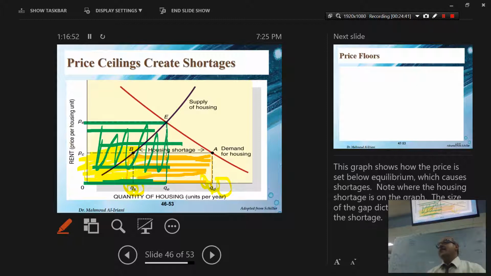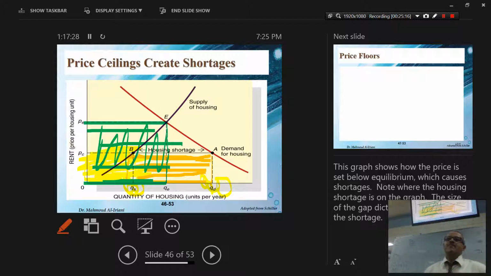Because remember, the demand is the same demand, and the supply is the same supply, but with the government regulations. Let's say what happens with oil prices. Remember oil prices, the problem when it started? The total amount of oil coming to Yemen was only QS. Now, if the government says the price is PC, some people will be happy and the economy will be a little bit stable. But when people realized that this is the maximum available and there was this big shortage,